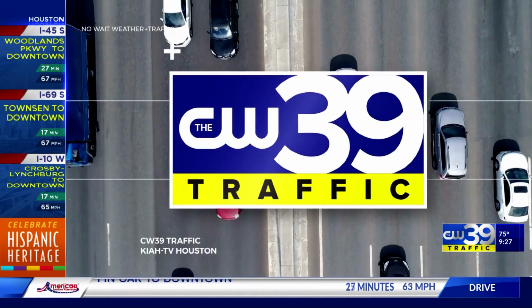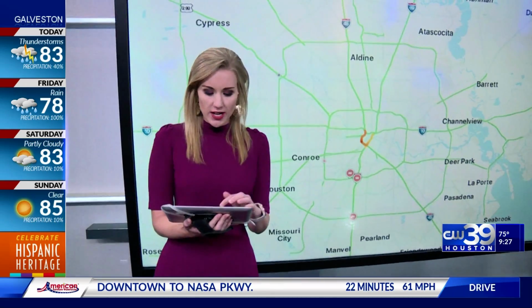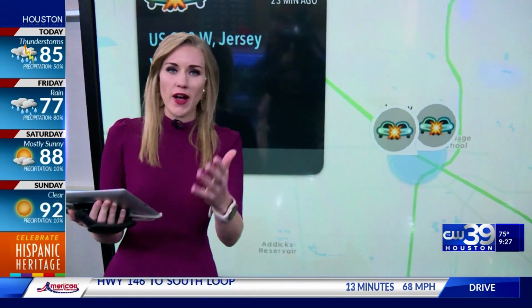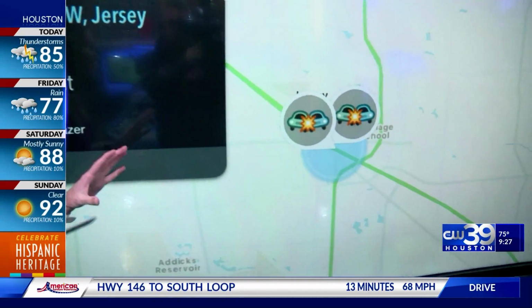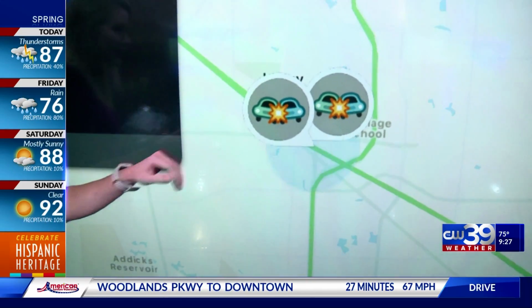I want to send it out now over to Hannah as we have an update on the roads out there. Hannah, how's it look? Yeah, not quite as much to talk about though in the traffic department this morning, but we are still following that one accident out on 290. Just wanted to zoom into the area. You Wazers out there not reporting too many slowdowns because of this. But if you are traveling outside of the Beltway, do expect